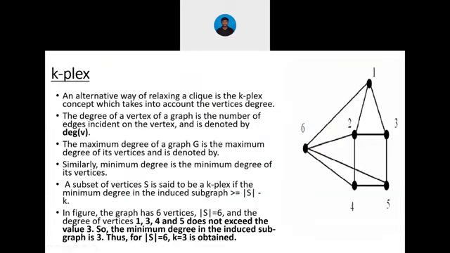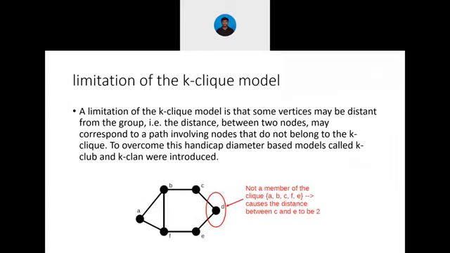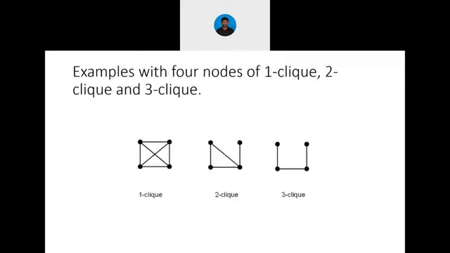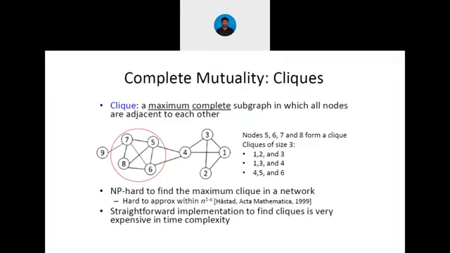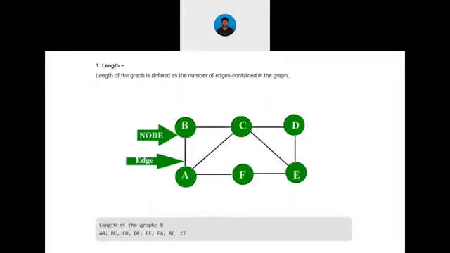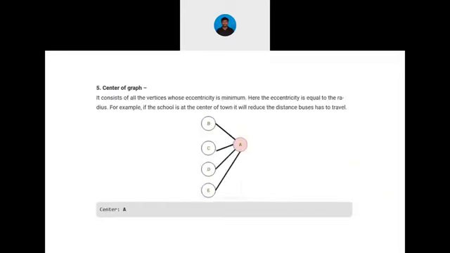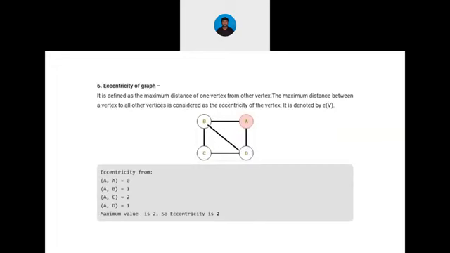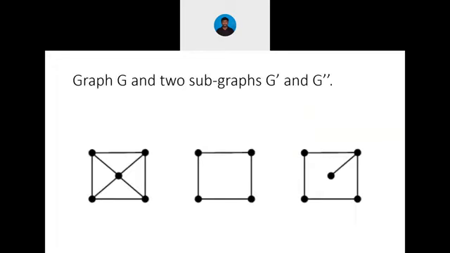In this class, we have studied the cohesive graph. So what does cohesive mean? Adherence: how the subgraphs have been communicating, how they have been adhering with each other in a particular social network. This is what we have been studying here, the cohesive subgraph. In this we have studied the basic definitions: length, distance, diameter, radius, center, eccentricity, everything. And then while entering into the subgraph, what does subgraph mean? From an original graph, how we can derive a subgraph.